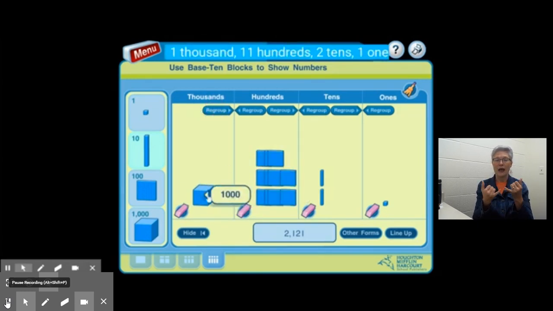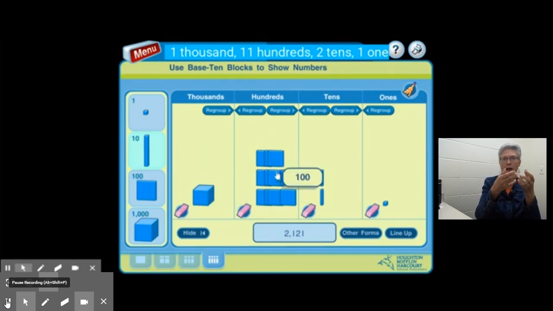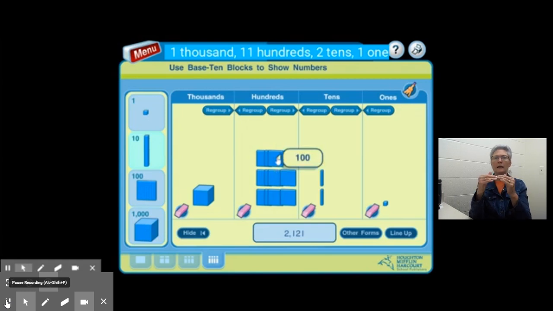So now we only have 1 in the thousands place, and that's because we regrouped the other one into the hundreds. So 100, 200, 300, 400, 500, 600, 700, 800, 900, 1,000, or 1,000, plus the 100 that was already in the hundreds place. So this is a second way to represent